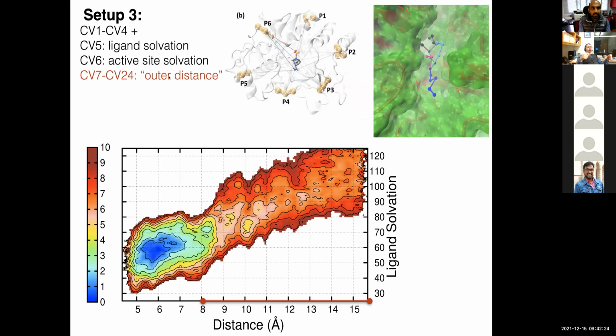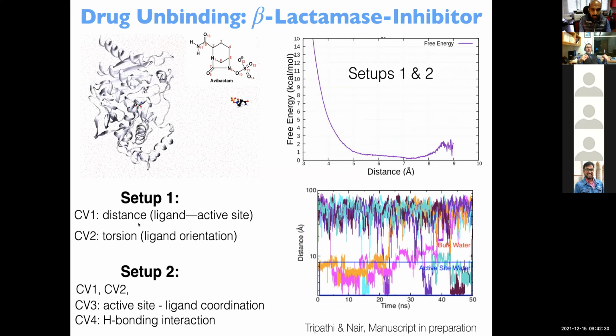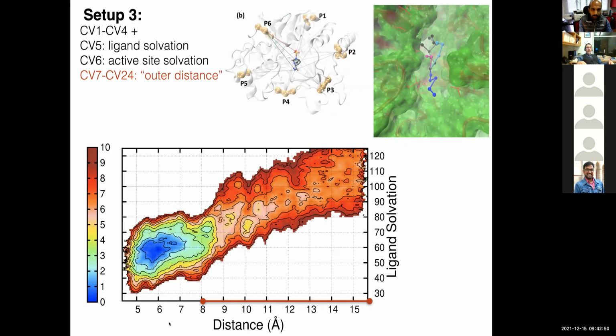So what we realized is that we can actually use all these collective variables that I've mentioned here: distance of the ligand to the active site, torsions, which sample the orientation of the ligand. Then we also need active site ligand coordination collective variables, and some kind of hydrogen bonding interactions with all the residues that are in the channels. Okay, so you use these 4 collective variables, and